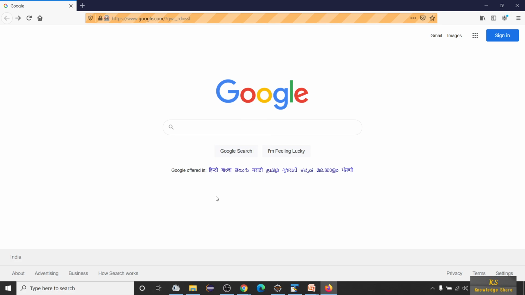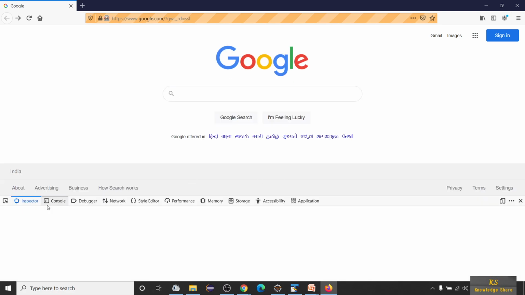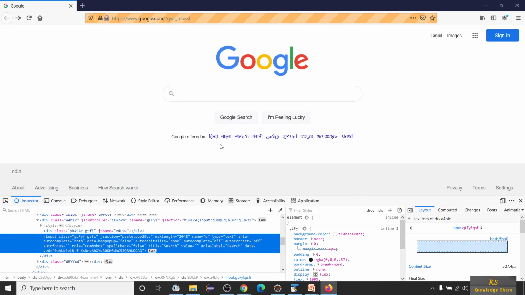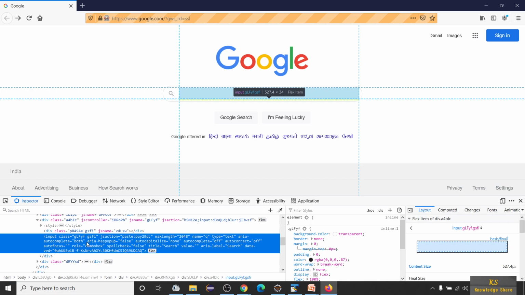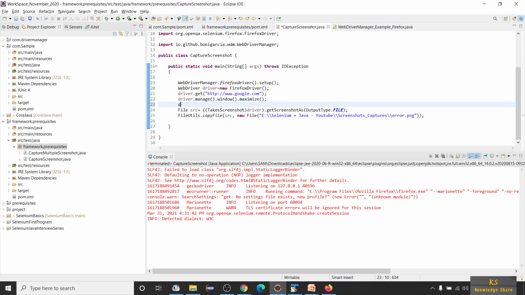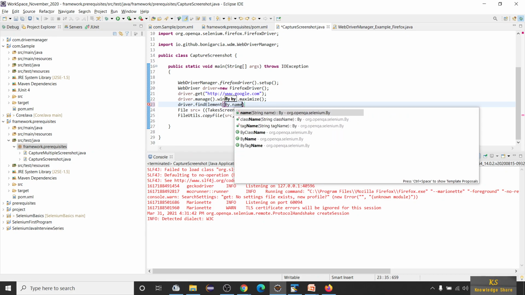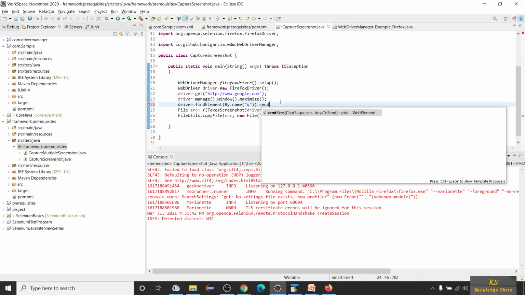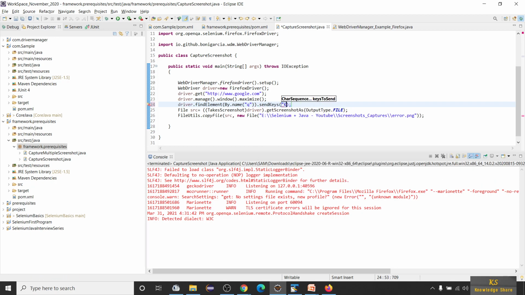Inspect element. In order to learn what this inspect is and all, you have to watch my previous videos. So let me take the name here, which is readily available. I'll say driver.findElement(By.name("q")).sendKeys, I'll type knowledge share.